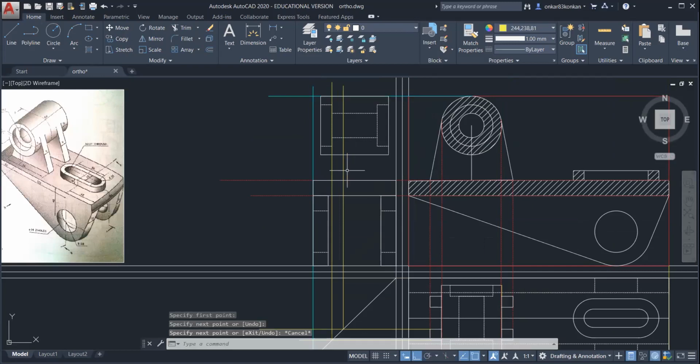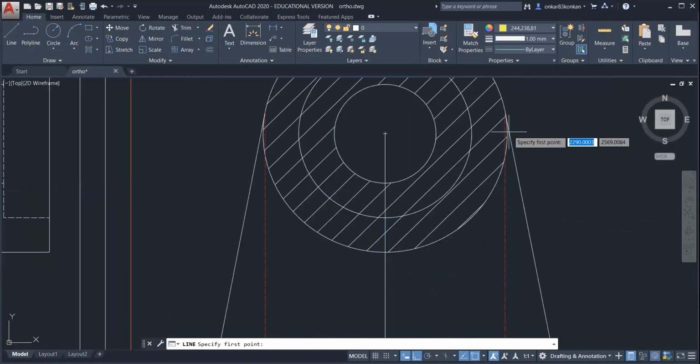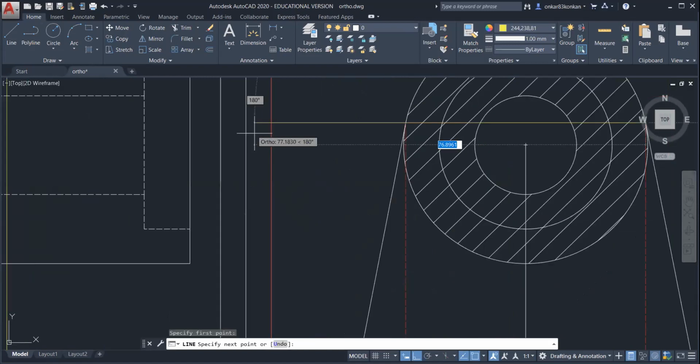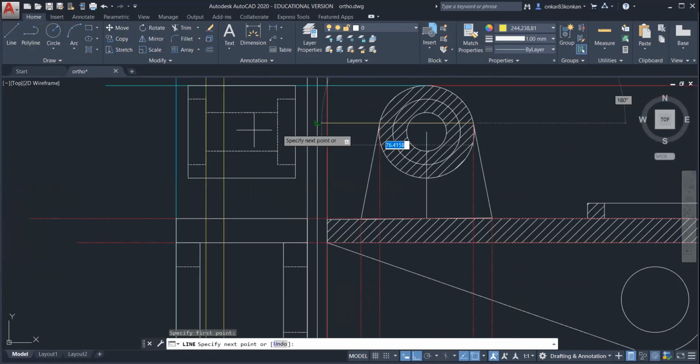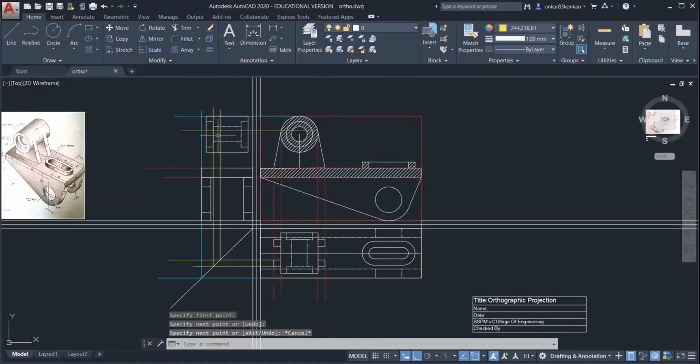Okay. And now from this point, so we need to project this tangent point. So take the projection from this point. Like this. Okay. And then we should start the side view of this rib from this corner point.